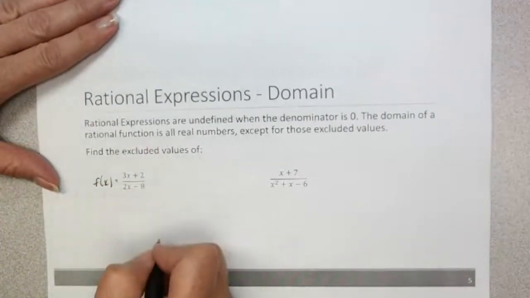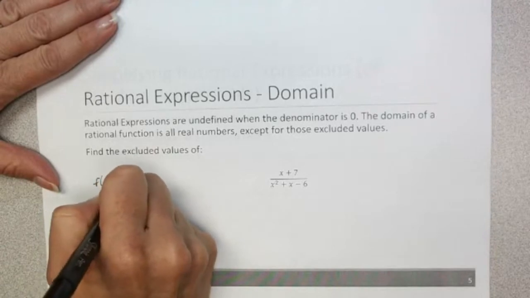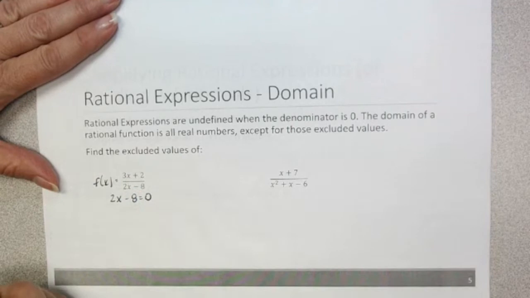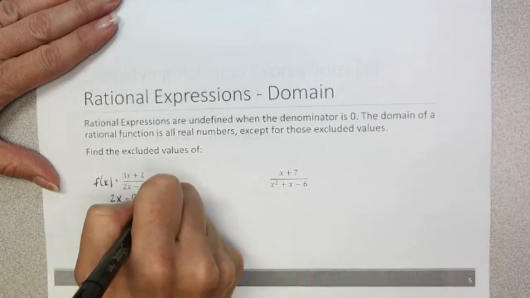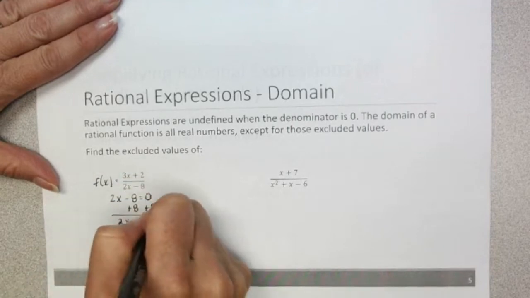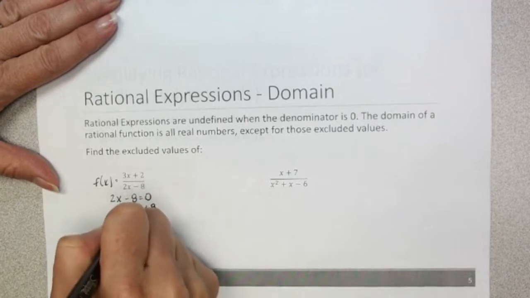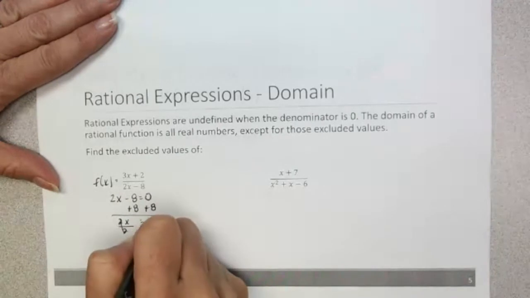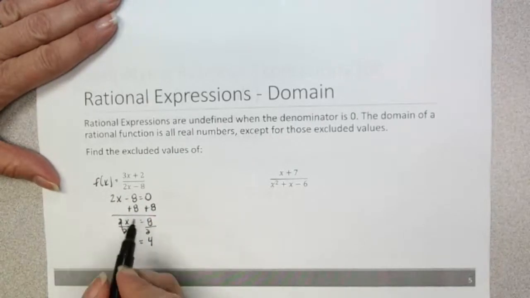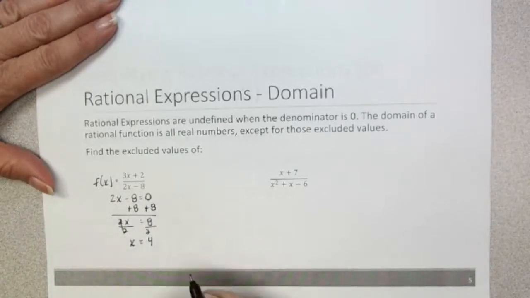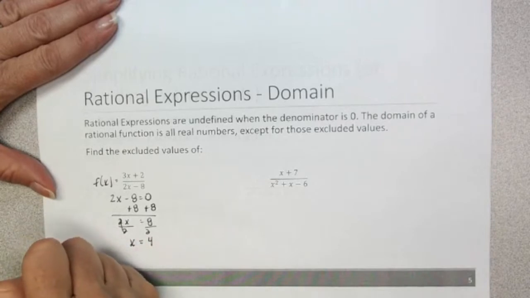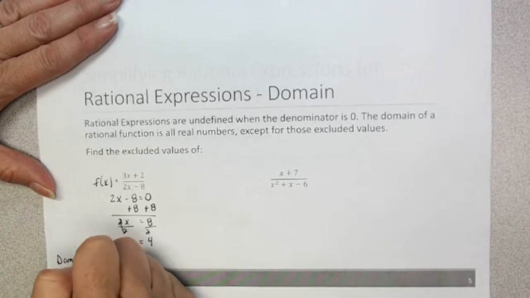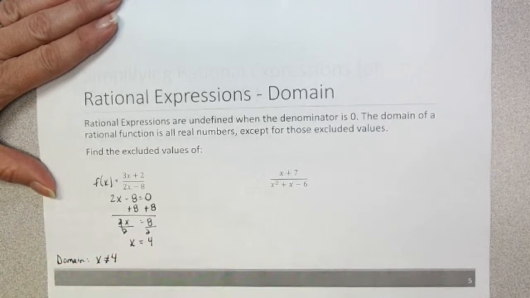To do that, we'll set that denominator equal to 0. So we'll say 2x minus 8 equals 0, and we'll go ahead and solve for x. So we'll add 8 to both sides and then divide by 2. So we see that when x equals 4, the denominator is equal to 0. So that means when we're referring to the domain here, we want to make sure we say that x cannot equal 4,